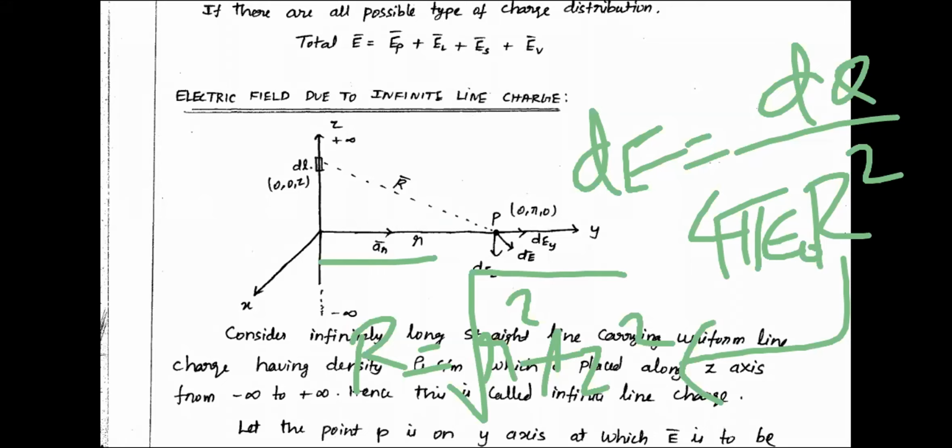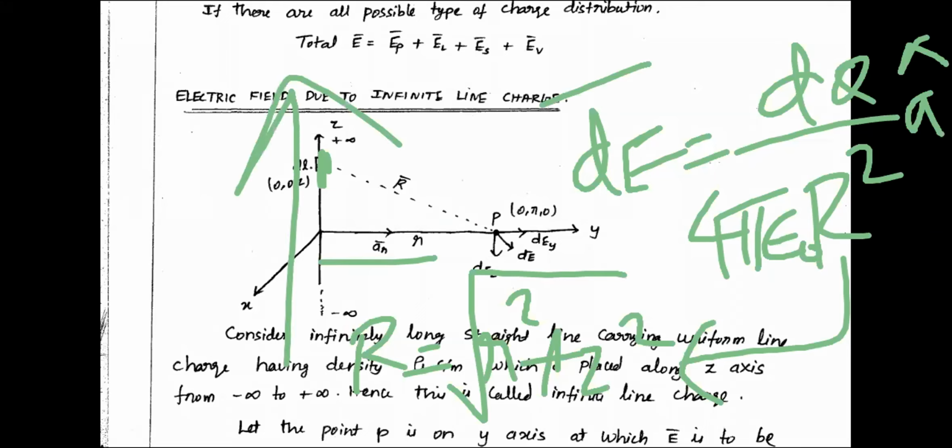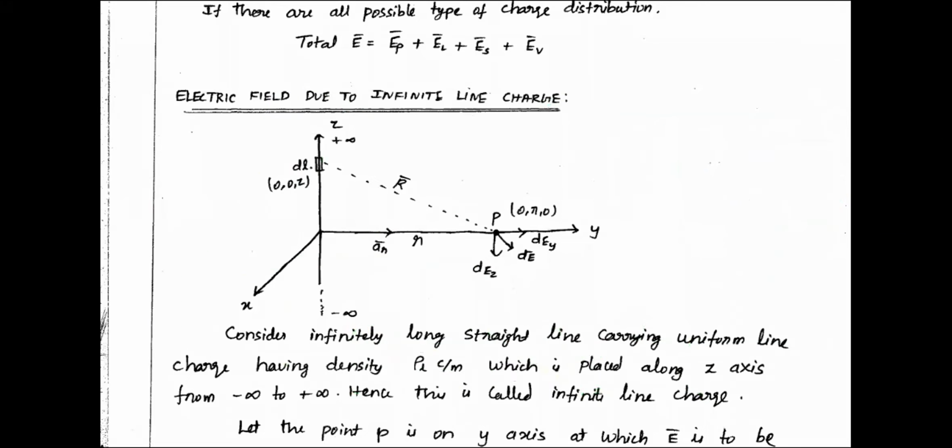So again, here, what is the direction? Once you know the electric field direction, this is the unit vector direction. Just now I have found out what the direction is. Once you substitute all this and do integration, because you have taken an elemental charge, you integrate over the entire length, then you will get the final electric field E. Instead of dE, you will get E. Anyway, everything will be very clear here.